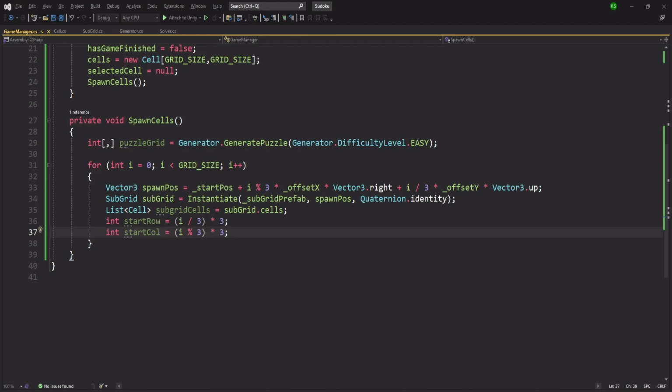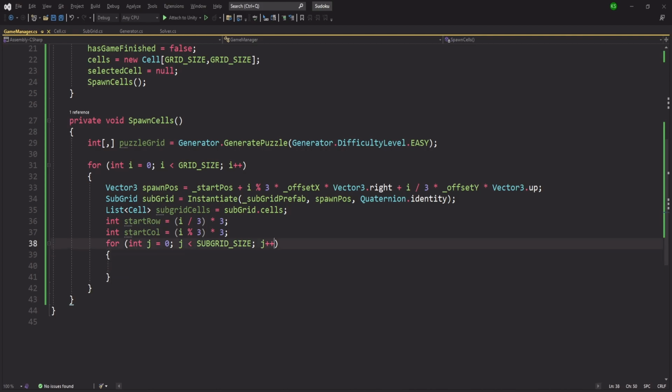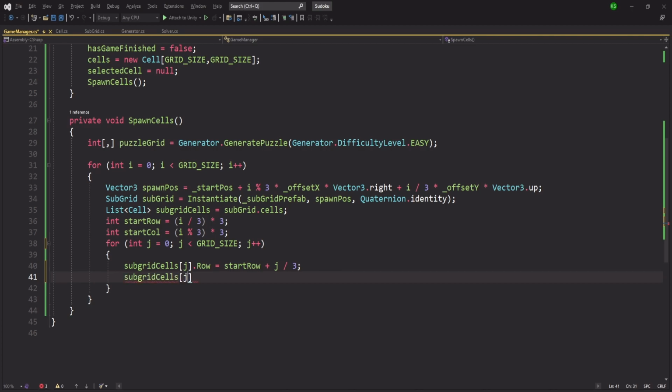So the row is going to be from the bottom to top 3, and our column is going to increase, and we'll loop for int j equals 0, j less than grid size. Our subgrid cells of j dot row is going to be our start row plus j divided by 3. So row is not going to change for the starting cells, and our column is going to change,